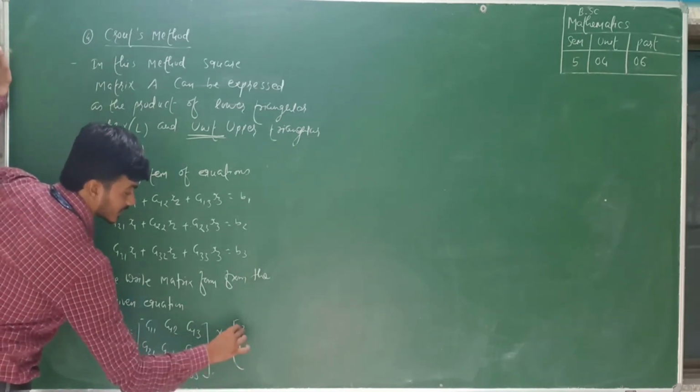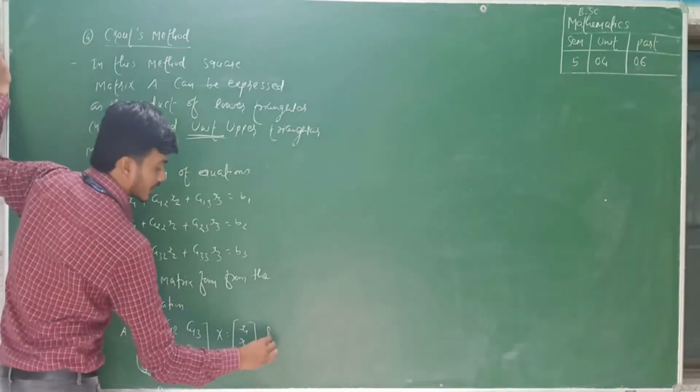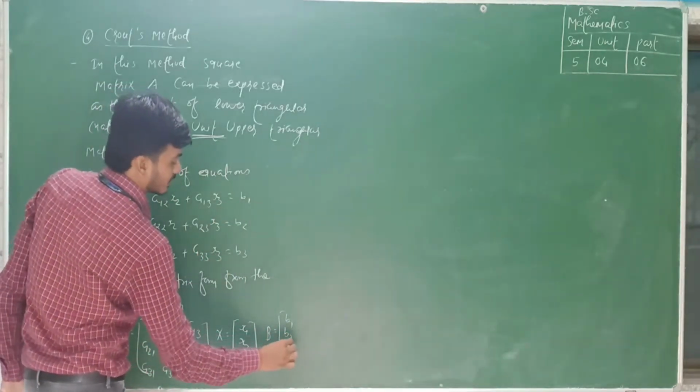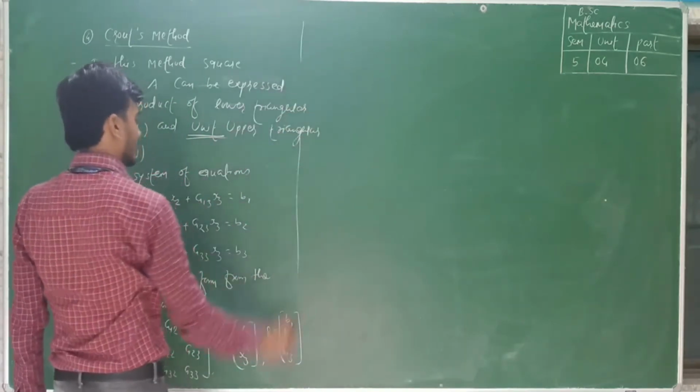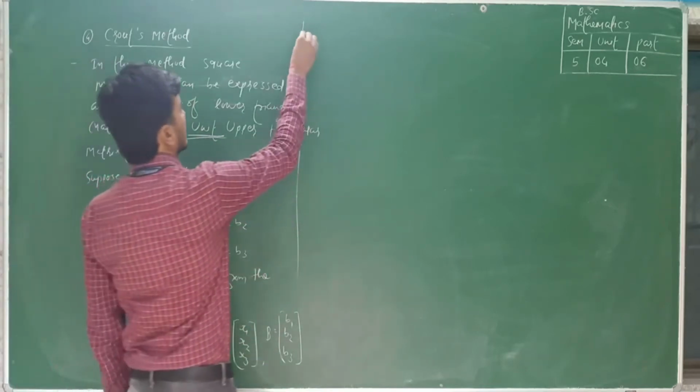The X matrix holds the unknowns X1, X2 and X3. And B can be represented as the constants B1, B2 and B3. But in this method, A can be expressed as a product of